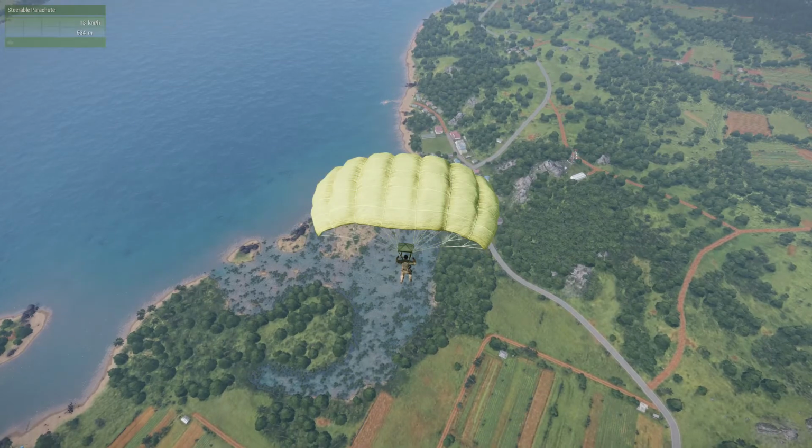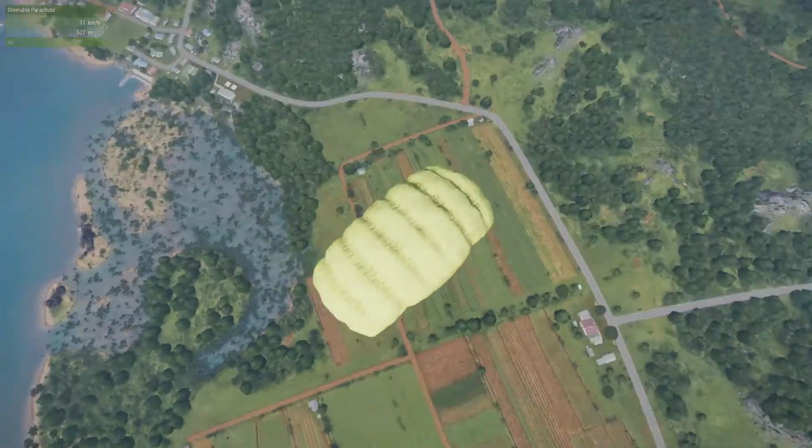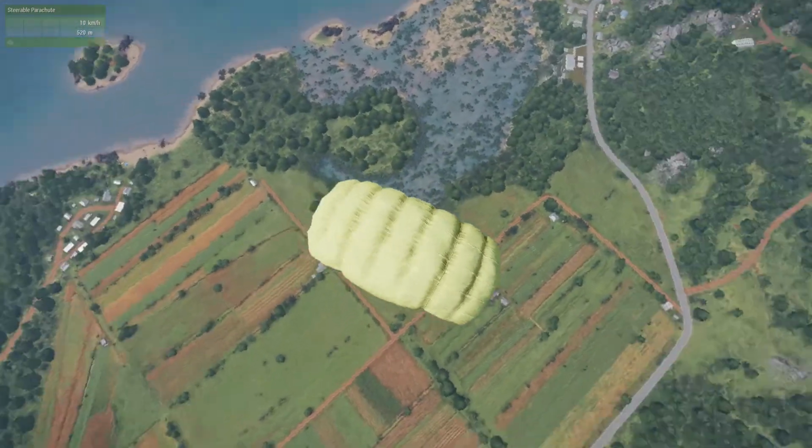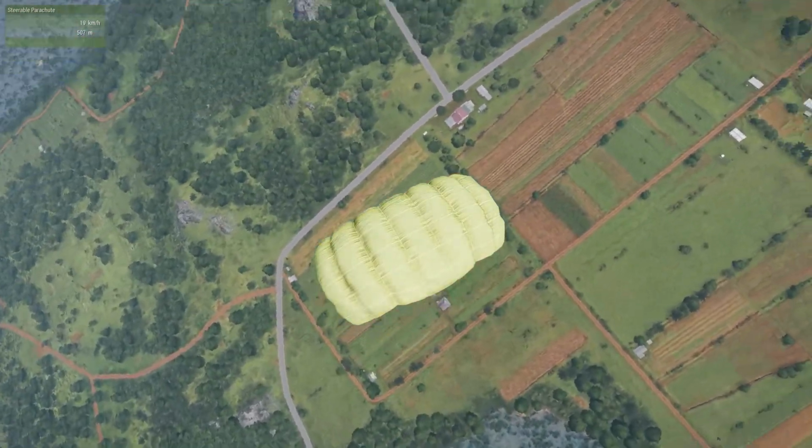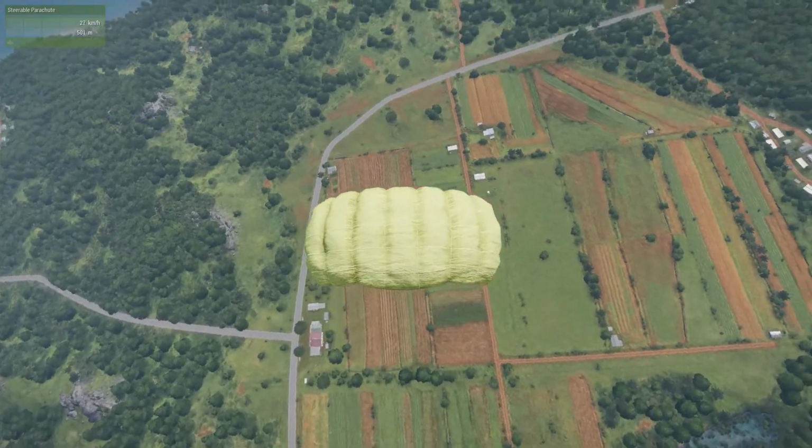Okay, so now I'm going to take my finger off the W key and we're back down to 11, 12 kilometers per hour. I'm going to spin us around again because I don't want to get too close to that water. I want to head back for the cornfields here,